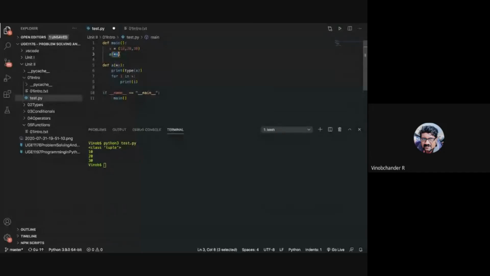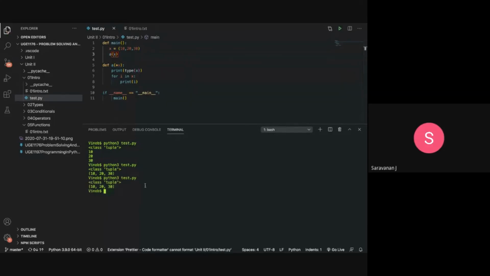Whenever you make use of a variable for your variable number of arguments, in the caller you specify star. What do you think will happen if you just specify X? There is no need of star, right, sir? It's one tuple. It's a tuple.